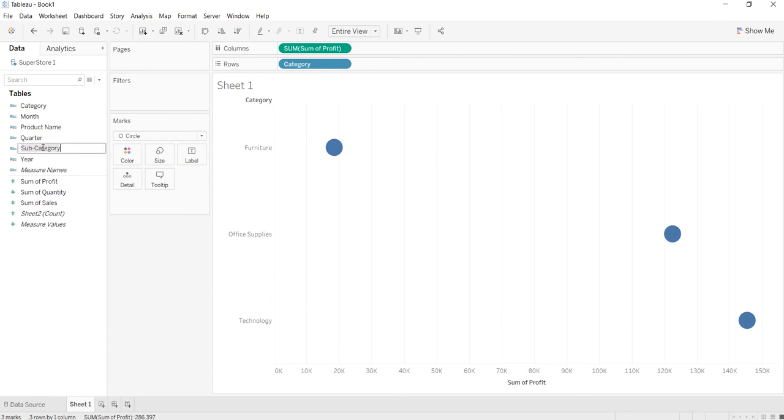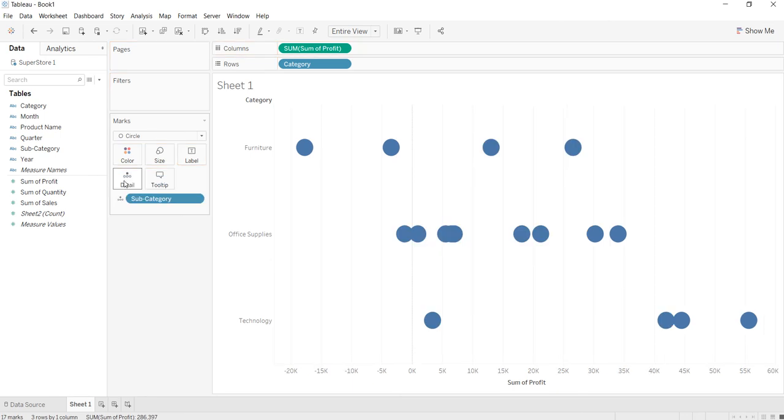If I take this subcategory and drag it over the detail property, you can see that initially there was just one mark for this furniture category, but now that mark has been divided into four parts. That is because each category contains four subcategories, and essentially that is how this detail property functions.